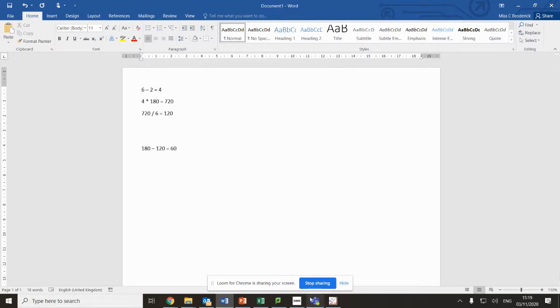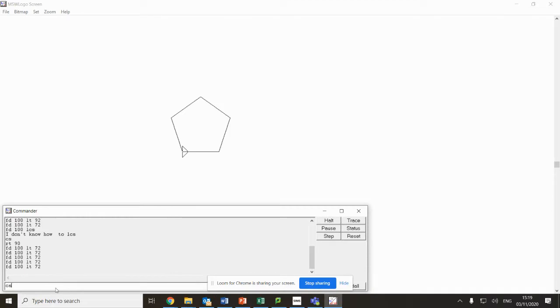So if we want to draw a 6-sided shape, let's clear that screen. We're going to go right turn 90, again, to face it going that way, forward 100, left turn 60, forward 100, left turn 60, forward 100, left turn 60. And there we have our 6-sided shape. And if you want to, you can go